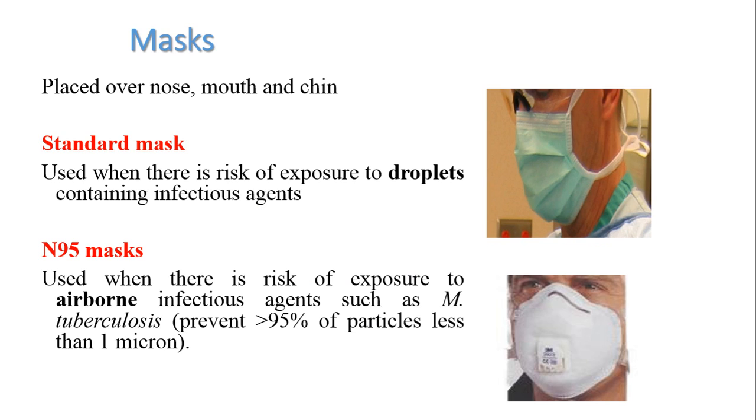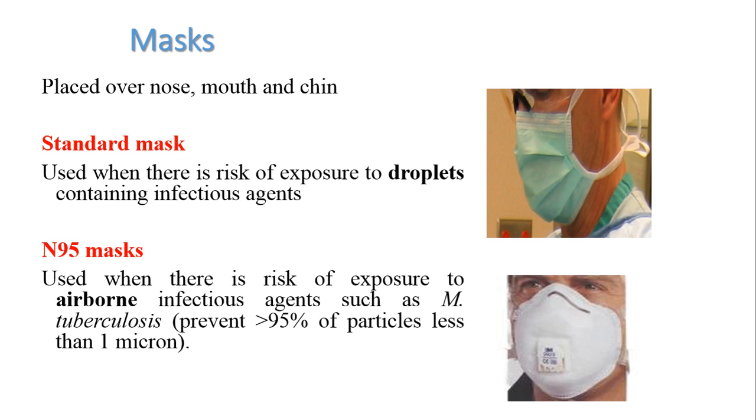Mask, this is again a very important piece of PPE. Masks could be of various types. However, two important masks are the standard mask, which is also called a plate mask or ply mask, and then we have the N95 or N99 mask also. So standard masks can reduce the risk of getting infections from droplets. However, it is not very effective against aerosols, right? Right now for COVID-19, as it has been identified, it's a droplet infection. That's why even a plate mask or ply mask or standard mask is quite effective against this.